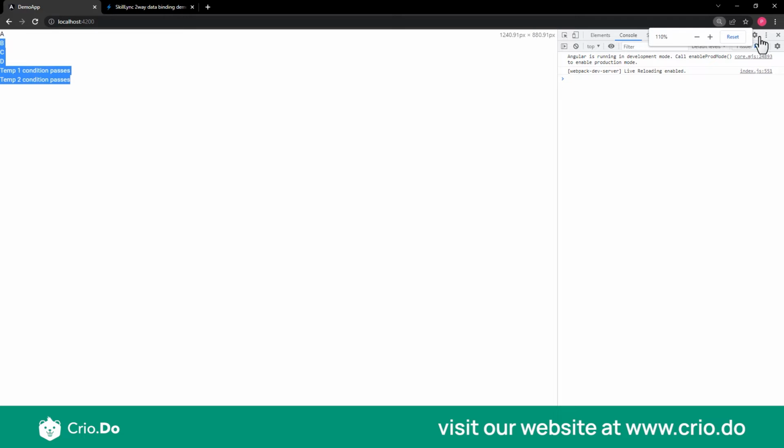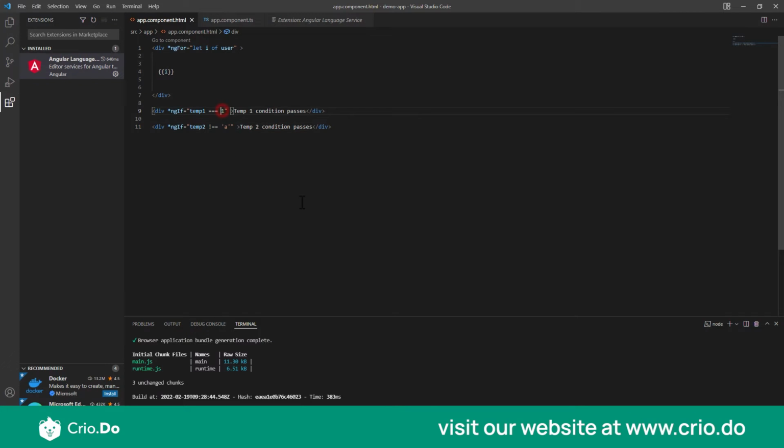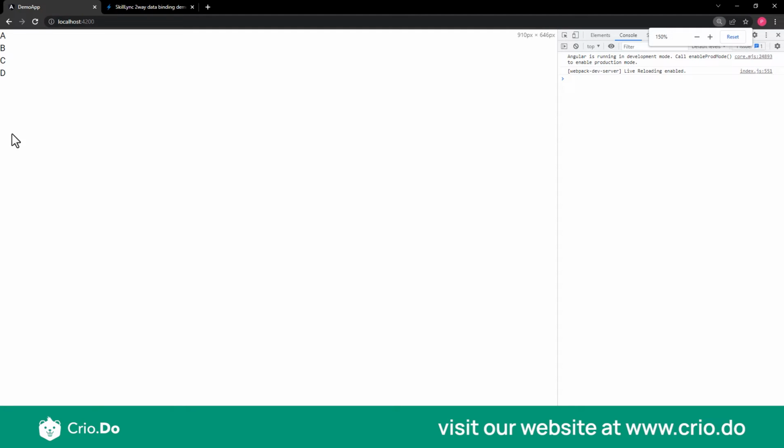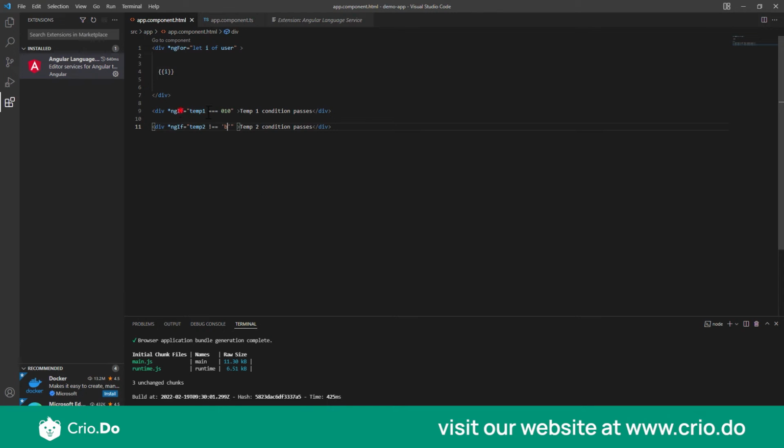So now let's try to play around with this and see what happens in other scenarios. So here in case of 1, I just give it like 0, 1 or 1, 0, 0, 0, 1, 0. And instead of A, I give it something like B, which is the original value. So in this case, you see that both my divs are not available over here. Why is that so? Because this condition has failed. So what Angular will do is it will automatically remove this entire div from your view itself or the